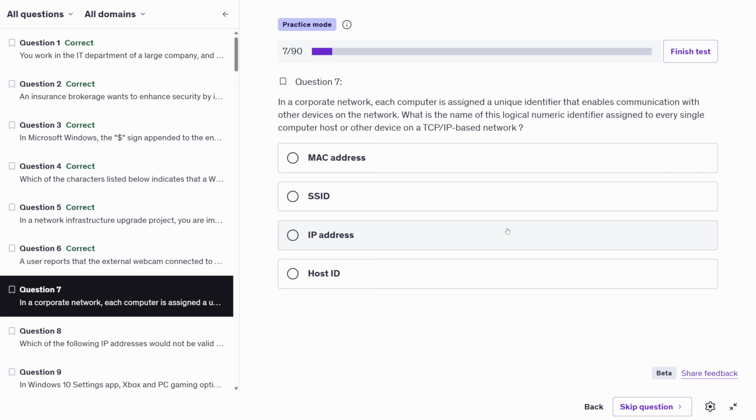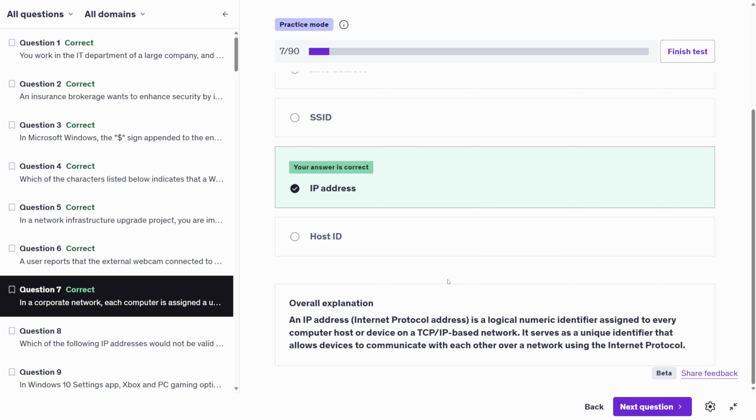What is the name of this logical numeric identifier assigned to every computer host or other device on a TCP/IP based network? This is the fancy description of an IP address. An IP address, Internet Protocol address, is a logical numeric identifier assigned to every computer host or device on a TCP/IP-based network. It serves as a unique identifier that allows devices to communicate with each other over a network